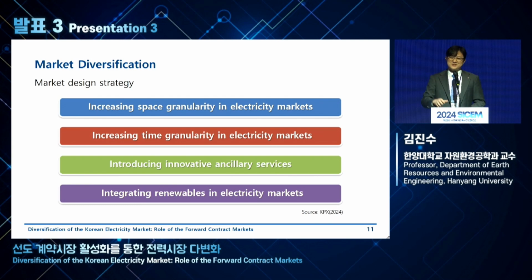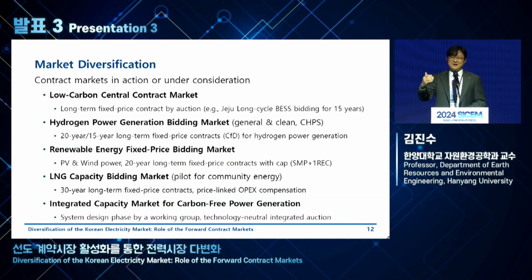So the four goals were already published by KPX, not by myself. These four directions were already released by the KPX. So first off, increasing space granularity in the electricity market. The second is increasing time granularity in electricity markets. And then they also announced that they would introduce innovative ancillary services, and they would integrate renewables and electricity markets. And these four goals were already set and released by KPX. And according to these directions,